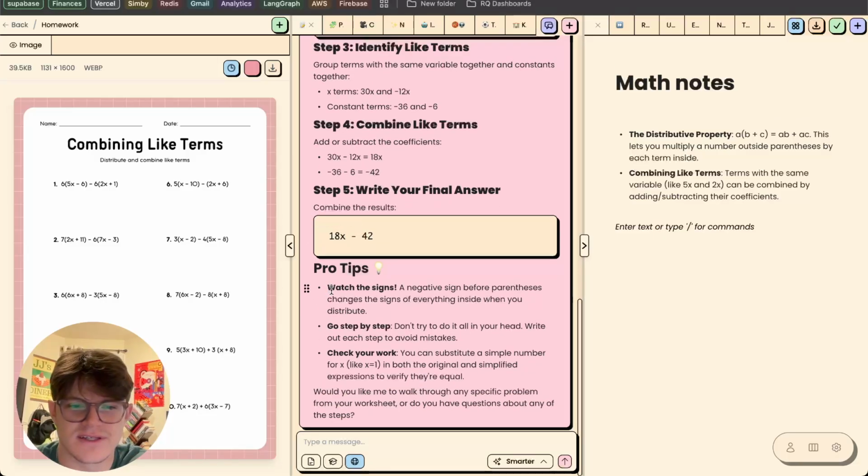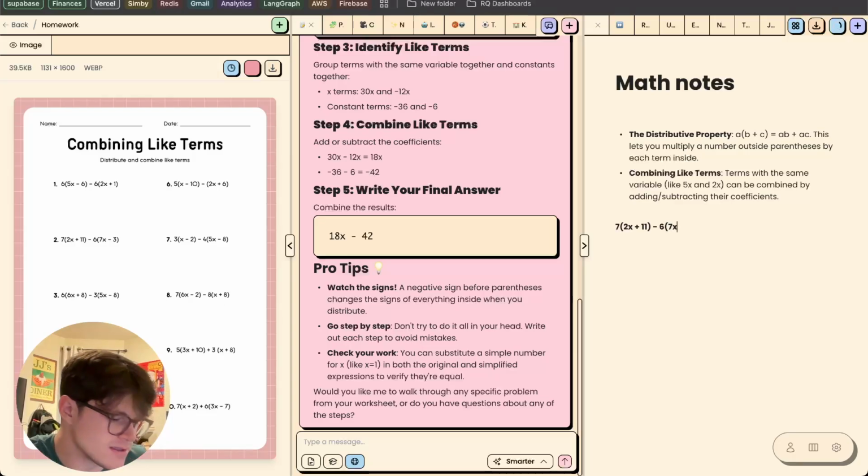So it's also going to give us a few pro tips, and this will be different depending on what you're trying to learn, whether that's math class or science class or history. It really depends on what you're doing. But I'm actually going to try and do problem number 2, which is 7 times 2x plus 11 minus 6